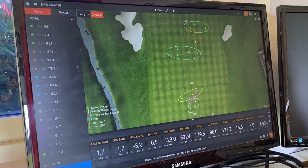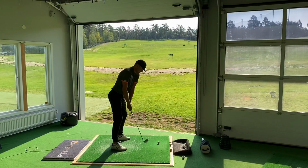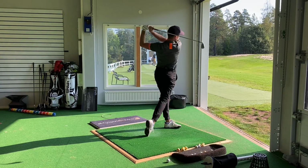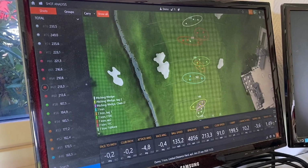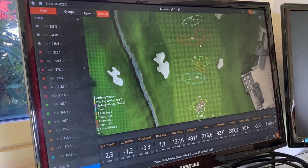So let's move into the 4-irons. First of all, the tour head, very consistent launch, very consistent spin, and great distance control. A little bit shorter than the other models though. If you move into the forged head, a little bit longer, a little bit less spin, but I was also able to hit my little fade here, which is a shot that I've been working on a lot,